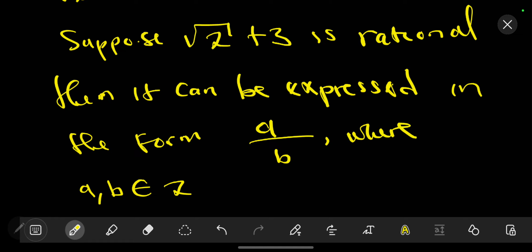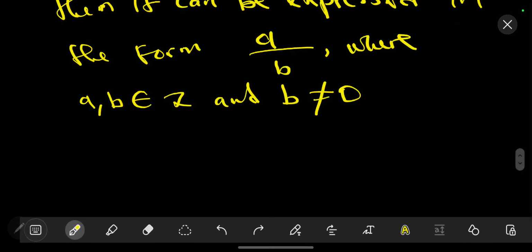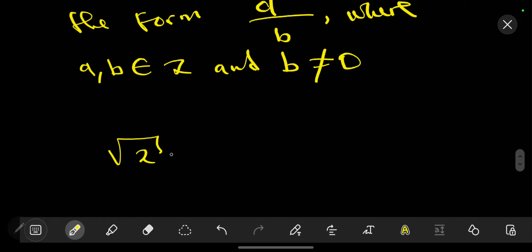So now, with that said, we also have that our B, which is the denominator, should not be equal to 0, because if you have A over 0, it will be undefined. You cannot evaluate the value of that. So therefore, it should not be equal to 0. So when you make this assumption, it means that you can equate this to A over B. So we are going to say that the square root of 2 plus our 3 should be equal to A